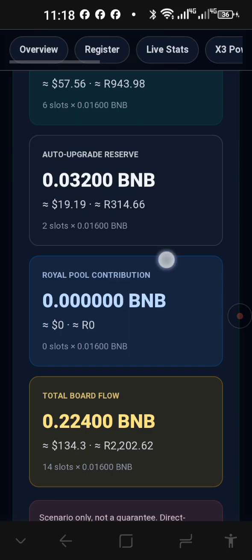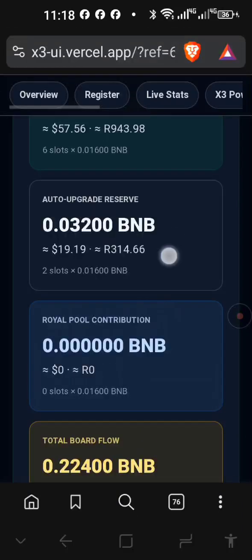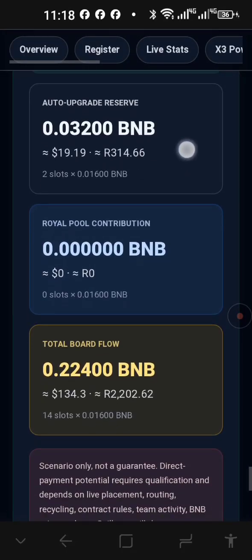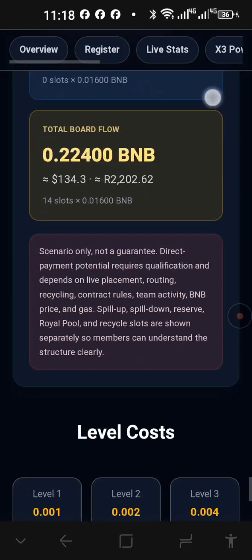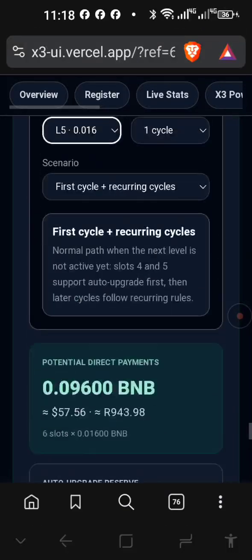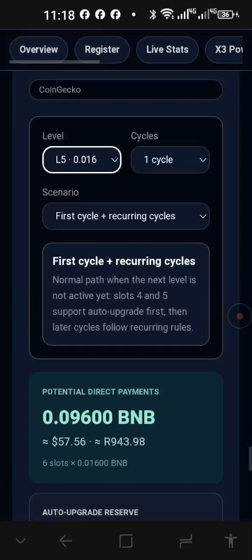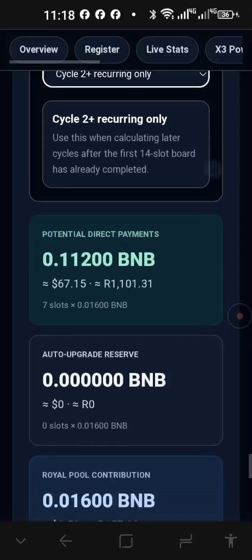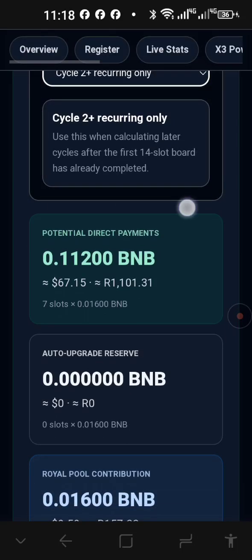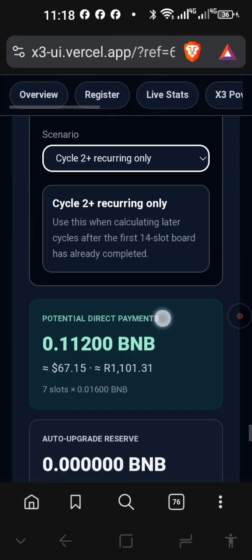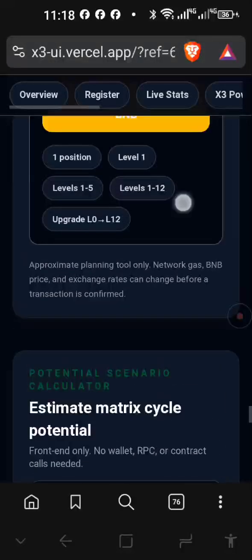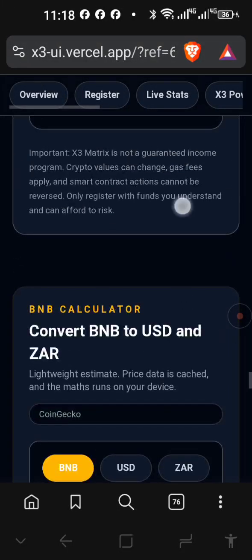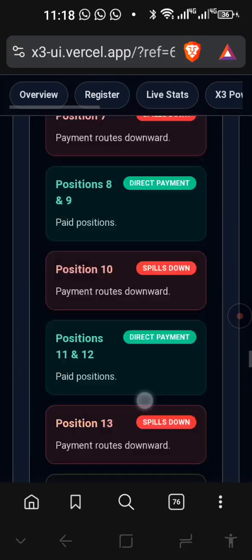That is to go to your next level, so you can work it out here. You can see exactly how much. You can also change it to cycle 2 and recurring levels. Right, this is what you will earn. On cycle 2 there are 7 payments. Now position number 4 goes to the royal pool, and 5 is another direct payment to you.